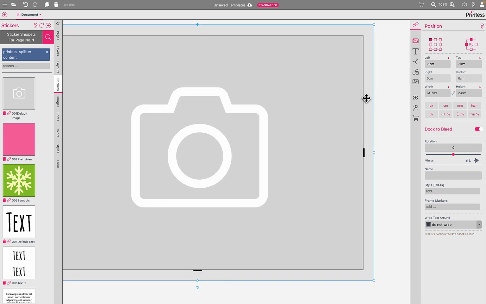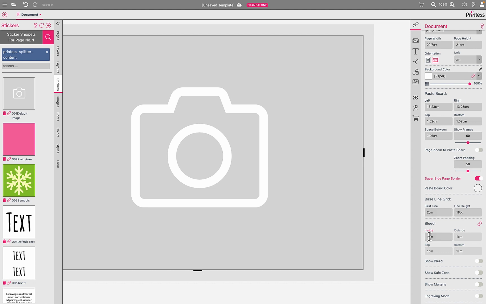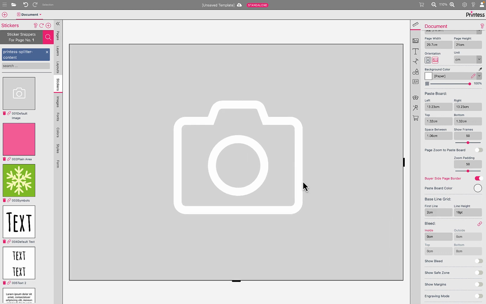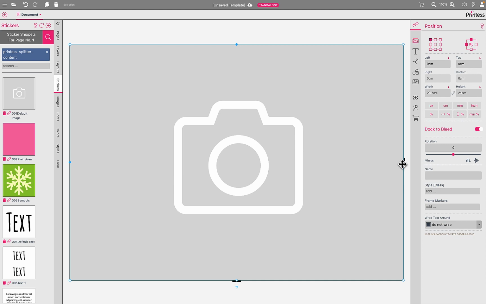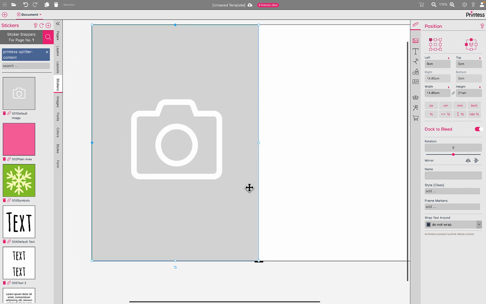And it only occurs to edges which it connects to. So let me show you that. First of all, we remove the bleed again because it works with and without bleed. So let's put it to 0 centimeters here. Now select our frame and just make it half the size. Now we have a situation where this frame docks to the top, to the left, to the bottom, but not to the right side. So when I'm changing my orientation now of the document,